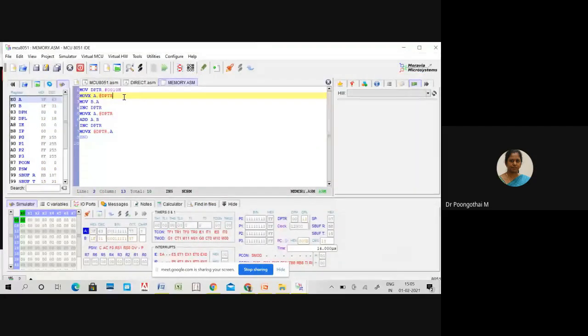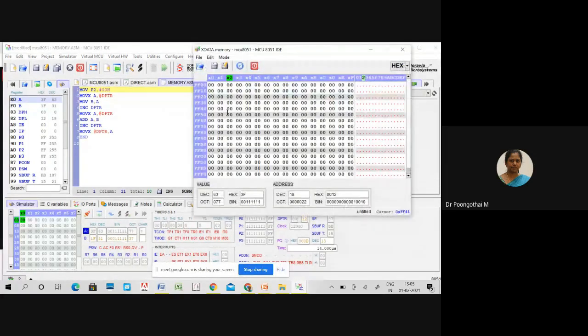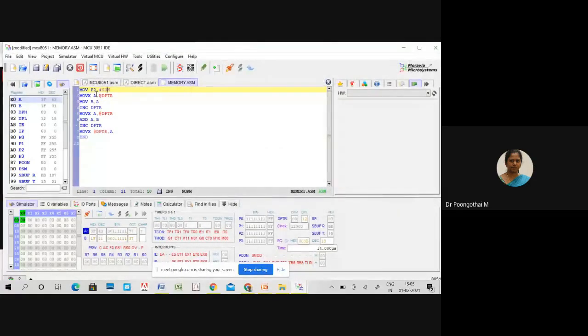So here, first load your P2 with your higher order input. Your input address is 0010, which means your higher order address is 00. It is divided into 8-bit, 8-bit. Your MSB will be held by P2. So load that 00 into P2. And next,